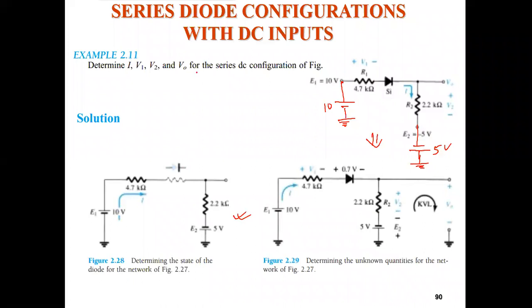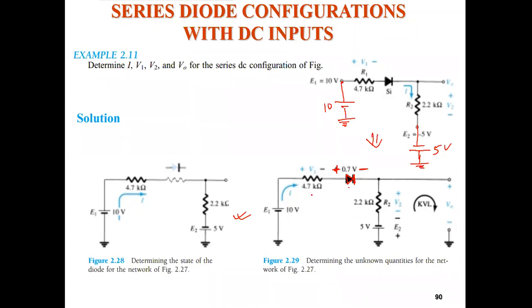Here you can simply calculate your I, V1, V2, V0, etc., as asked. Across the diode you apply 0.7 volt. Always remember, for the 0.7 you put, the bar side of the PN diode, the right side, is negative. So the minus sign of the 0.7 volt will be on the right side, and the P side is the plus side of the 0.7 volt. After that, just calculate.